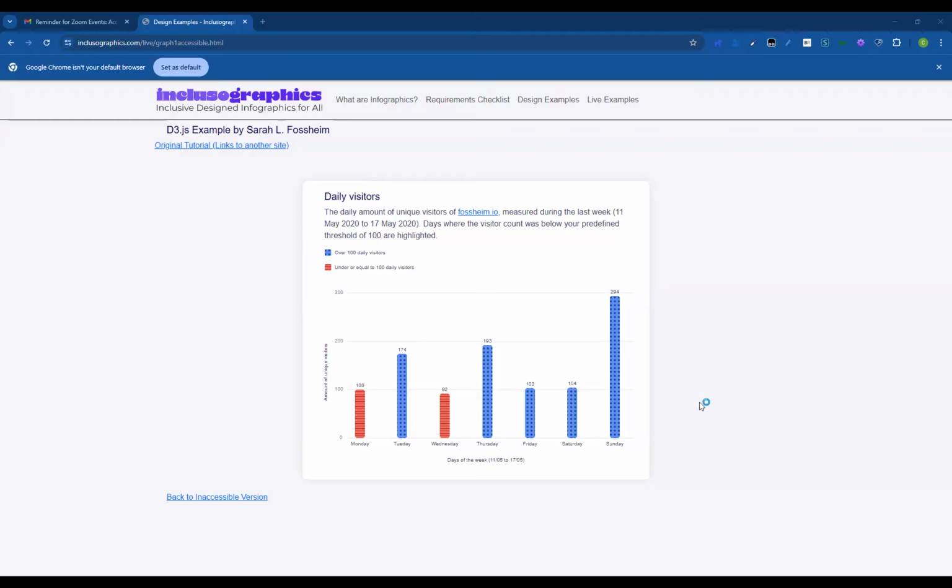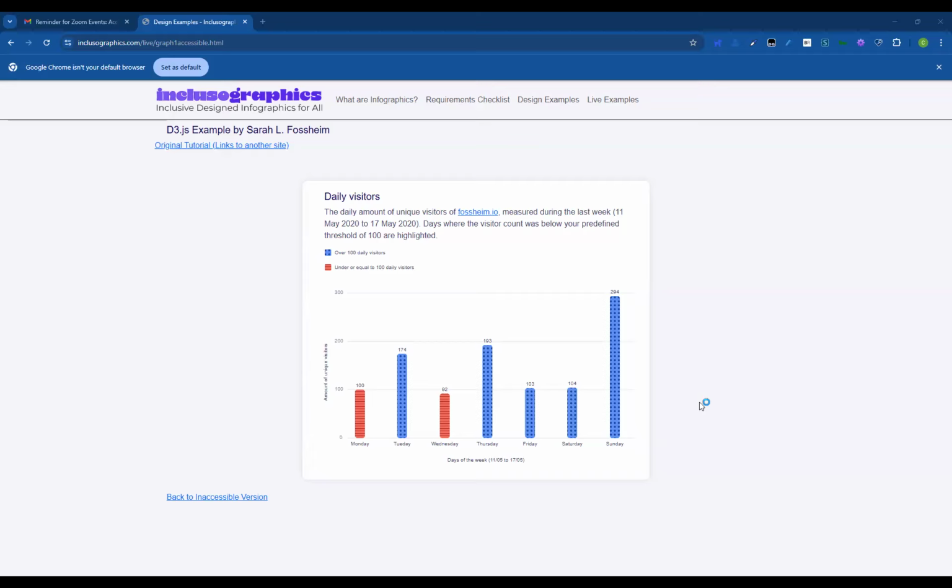The other thought is, and I don't know how big this example is, but we're experimenting with audio chart playback for charts that have too many data points to be meaningful in the table. I'm curious if there are any examples you're creating with any kind of audio feedback, different ways to do the same thing.